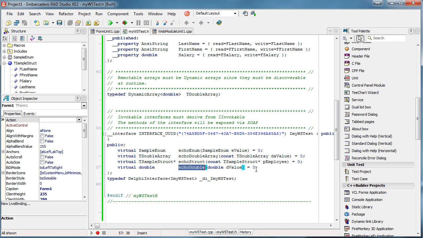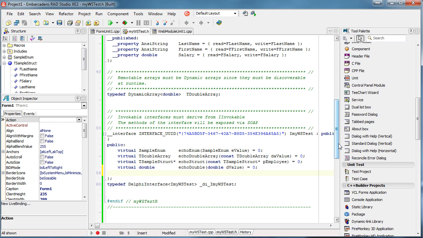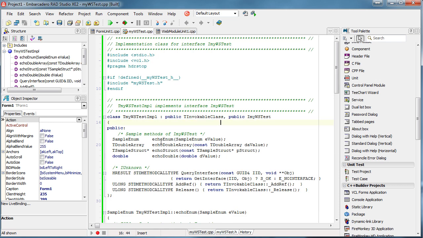An interface only contains the virtual function prototypes. So I'll add some new method, for example, virtual integer sum, and it's going to be a pure virtual function. Okay, and now in the CPP file, I have a class that implements that interface, and in here